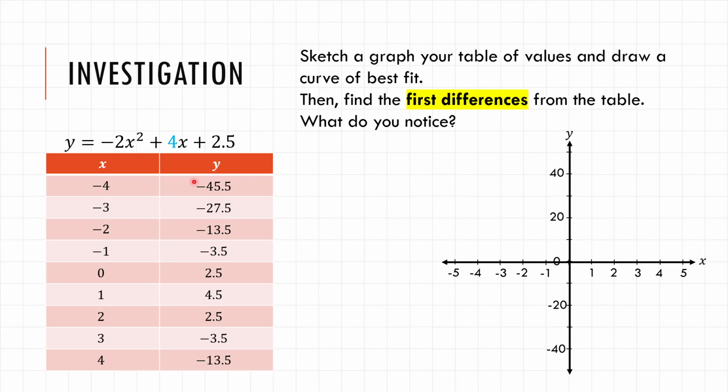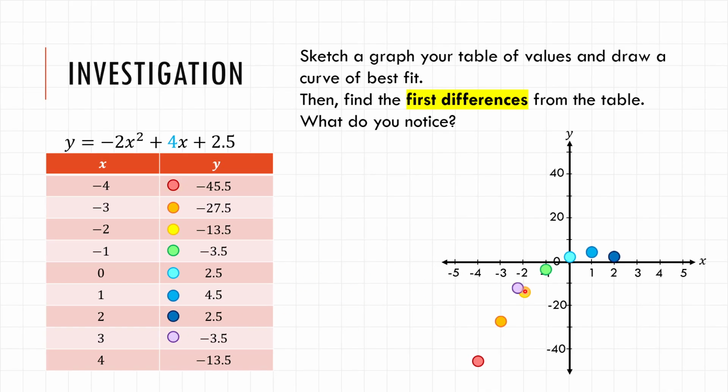Well, hopefully you recognize, okay, let's take this point right here and let's plot it at -4 as our x value, and just going down to -45.5 would be somewhere around here, right? It looks like I'm going here by tens, so 45.5 would be just a notch under the halfway point between -40 and -50. Then keep going, -3 and -27.5 would be like right over there. -2 and -13.5 would be maybe somewhere over there. And just like that, I'm going to plot all of the points from my table of values on my Cartesian